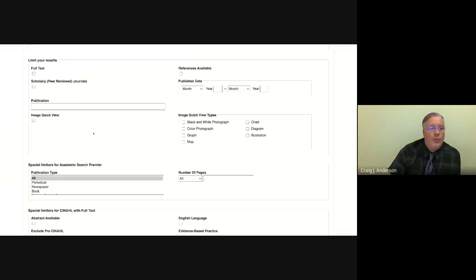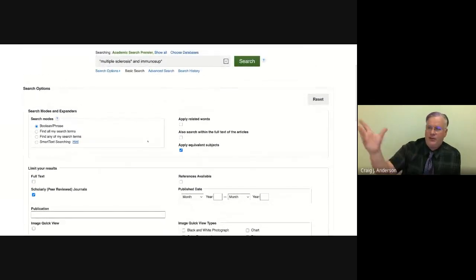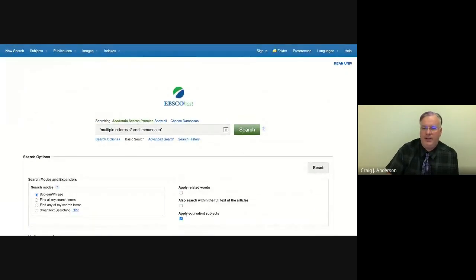But one thing I do like to do before I do the search is to limit to only scholarly, peer-reviewed journal articles. I want my articles, I don't want just editorials or fluff pieces. I want only things that have gone through a peer review process by other experts in that field to make sure that the article is not biased and is relevant and reliable. So I'm going to do a search here,